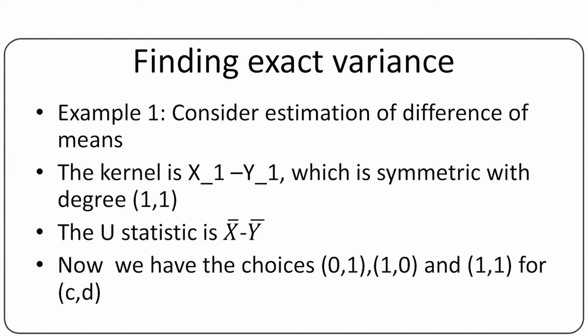Example 2 again. Here lambda is the proportion of observations y_j. Then the distribution of the square root of n times U minus theta is normal 0 sigma square, where sigma square 1 0 and sigma square 0 1 by 1 minus lambda, sigma square 1 0 takes the form of capital G of x whole square dF, and sigma square 0 1 takes the form of F of x square dG. However, if we assume for testing equally difficult F equal to G, then under theta equal to half, because x and y are IID, the probability is nothing but half, which gives sigma square 1 as 1 by 12 for F equal to G, and the distribution of the square root of n times U minus half is normal 0 1 by 12 into lambda times 1 minus lambda.